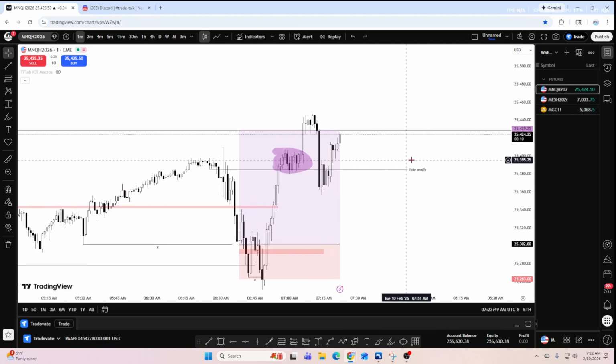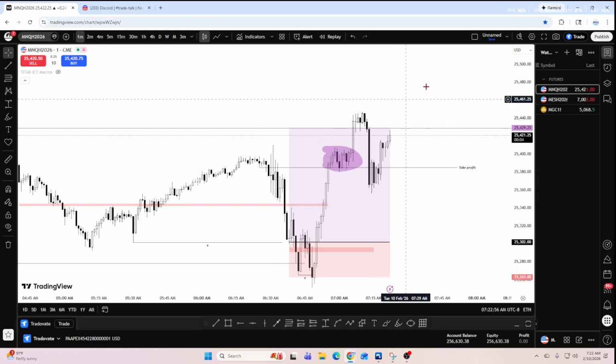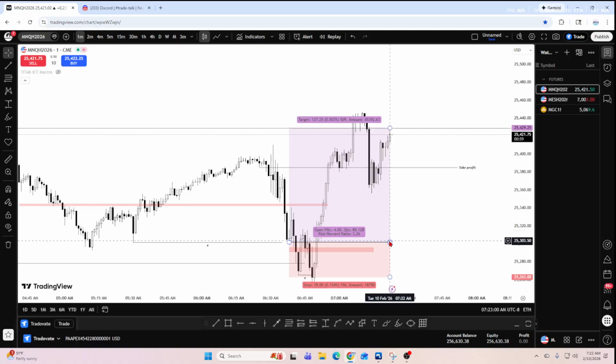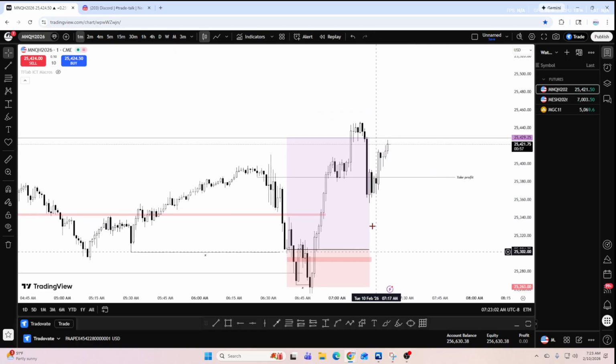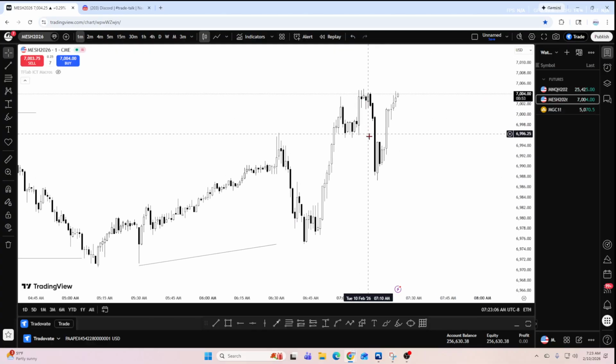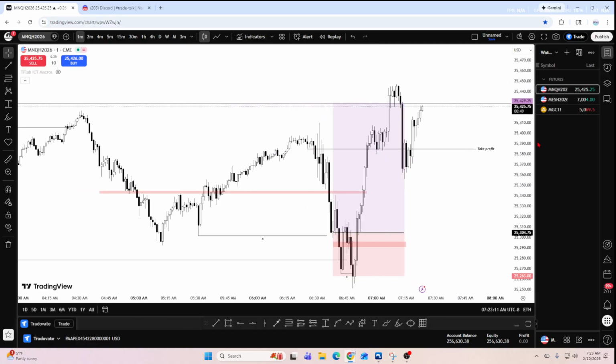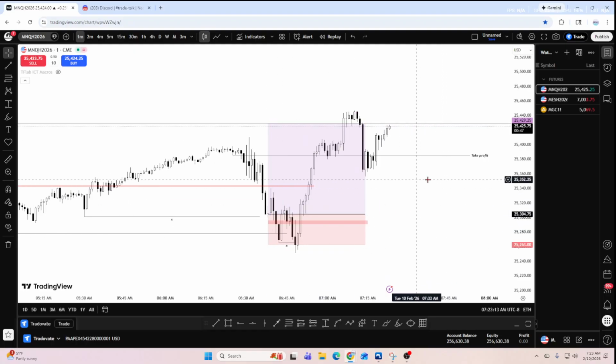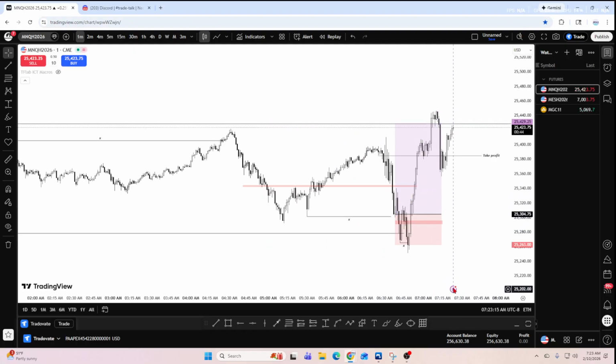I took profit in this area to maintain my consistency target rule for this account, but I had no issue with price going higher. We went higher, we drop, and then lo and behold, ES does the same thing just for it to come back up. This is what price is going to do. There's a lot of movement today. Price action is pretty volatile.